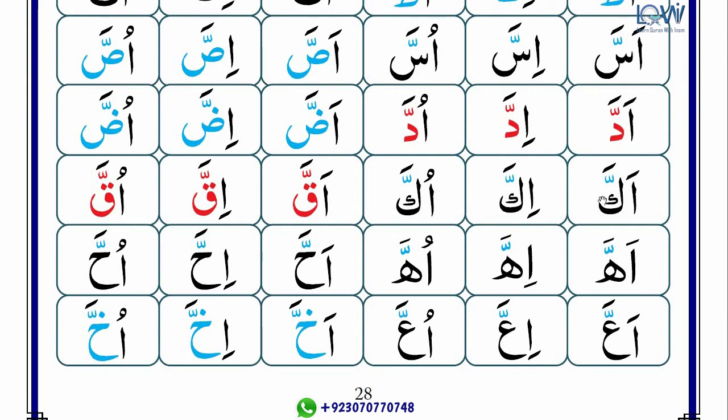So first of all, I would like to tell you this kaf is simple kaf, like you have to read with thin voice, and this kaf is mustaliya letter, as well as kalkala mushaddad. So you have to read this letter with kalkala with stress, and with thicker voice. You have to do two things for reading this letter. So let's read this line. Akka, ikka, ukka. Now with thicker voice and with emphasis. Akka, ikka, ukka.